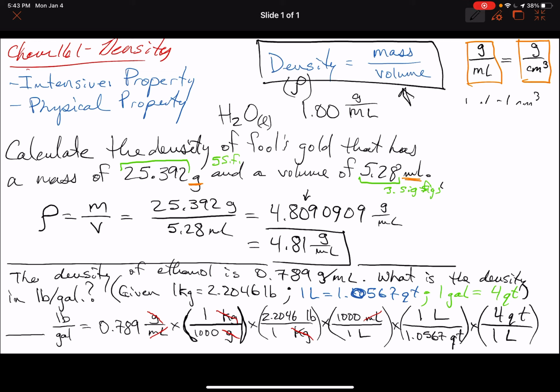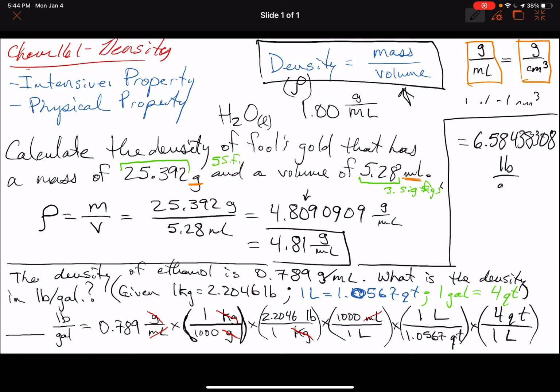Times 2.2046 divided by 1, times 1,000 divided by 1, times 1 divided by 1.0567, times 4 divided by 1 would give us our answer. So on the calculator, the answer would be 6.58438308